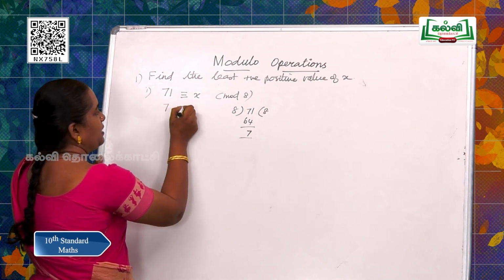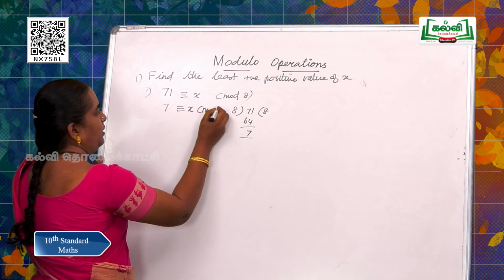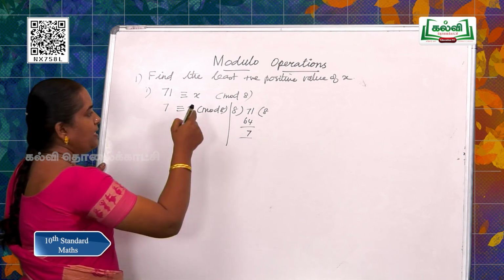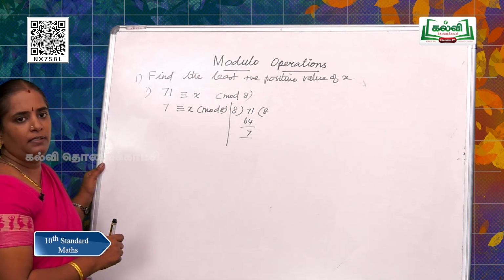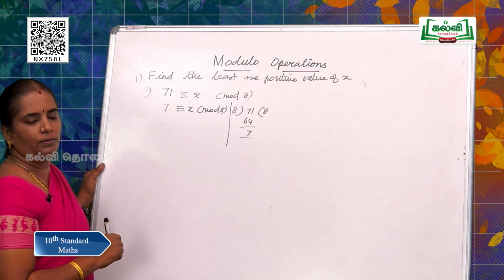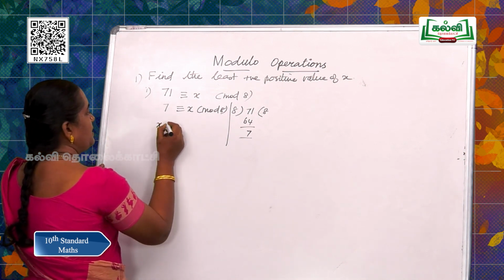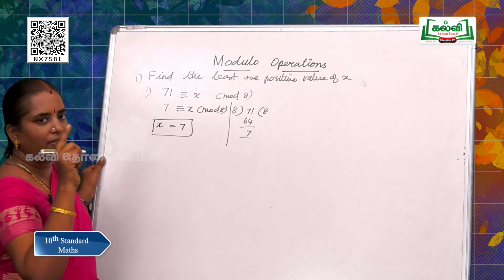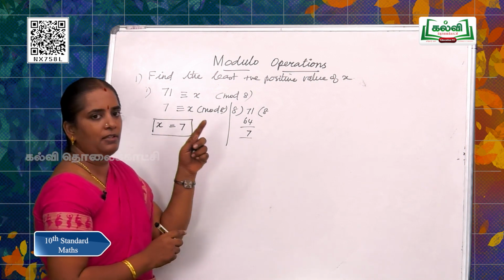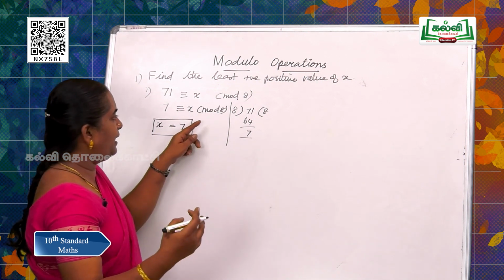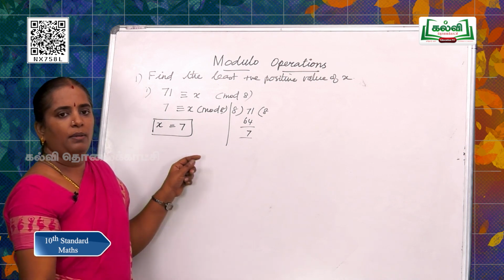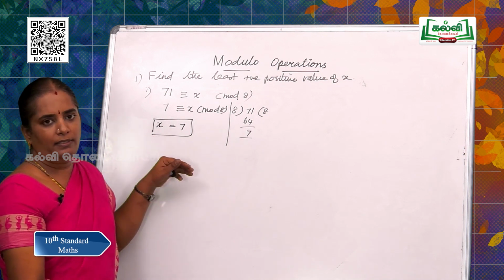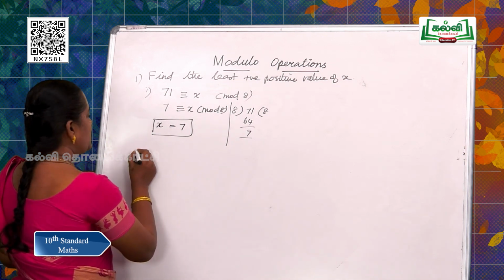So, 7 is congruent to x mod 8. See, we have got a number 7 which is less than this modulus. So, that should be the least positive value. So, we can say that x is equal to 7, because so many solutions will be there, as we have learnt already. So many solutions of x will be there. That is, by adding 8 we will get the other solutions. But here in this sum we need only the least positive value. So, we leave here. Let us go to the second sum.